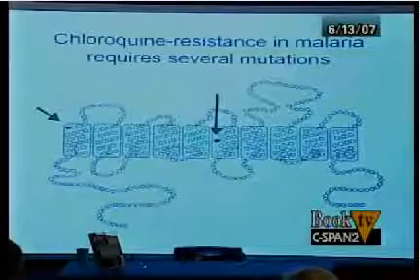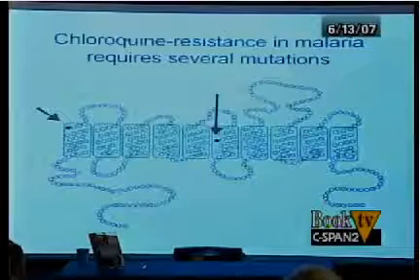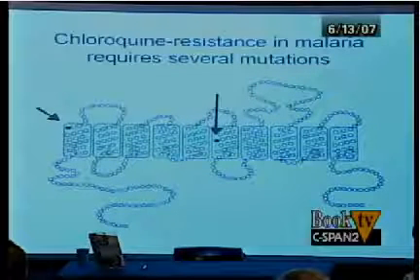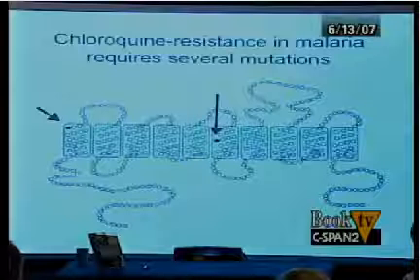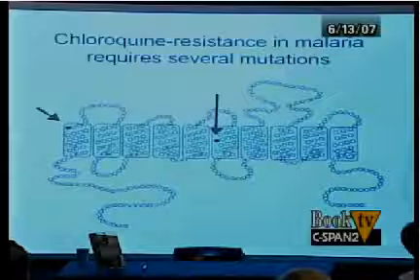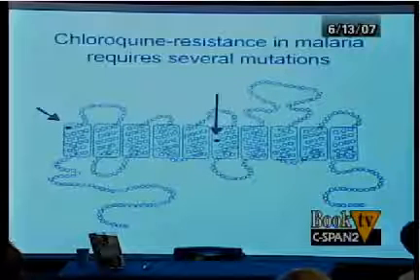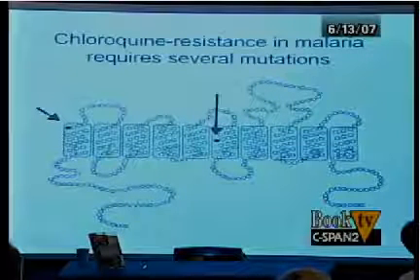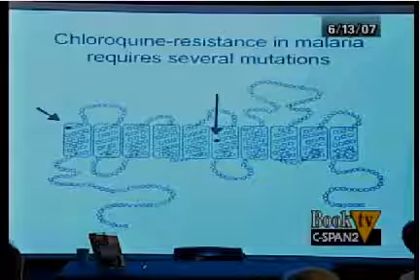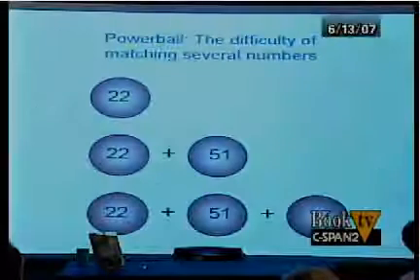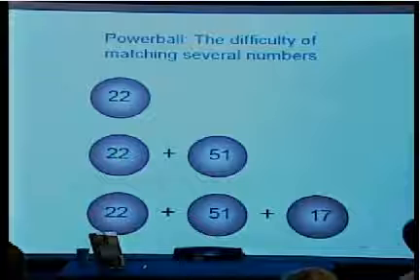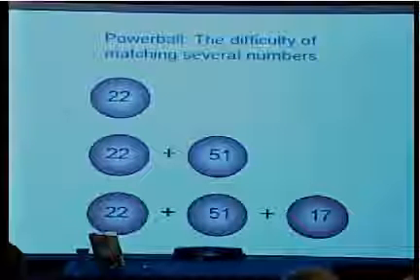A protein called PfCRT, which stands for Plasmodium falciparum chloroquine resistance transporter, is just a protein that had a couple of amino acids changed. And different proteins from different parts of the world turned out to have anywhere from 4 to 8 changes. But 2 changes occurred in almost all of the resistant strains, here and here. And it turns out that having to change 2 or more, rather than 1, vastly increases the difficulty of random mutation